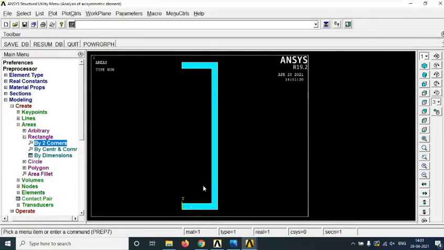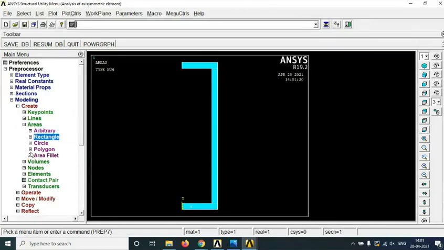This is the object what we have drawn by using the areas. This is the first time we are using this area concept. Otherwise we used to draw using these nodes. So once the area is done, but these are different areas, what we need to do is combine these areas.